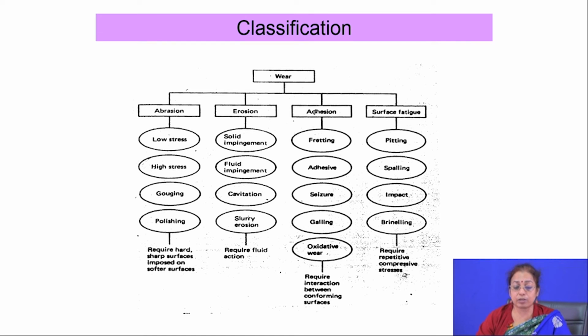In this way you can measure the kinetics of wear. If you are interested in knowing the mechanism of wear, then you have to go for typical microstructural observation of the failed surface after wear. Usually you take the failed surface and do scanning electron microscopic observation without proper cleaning, because if you clean it, you will lose the wear debris.